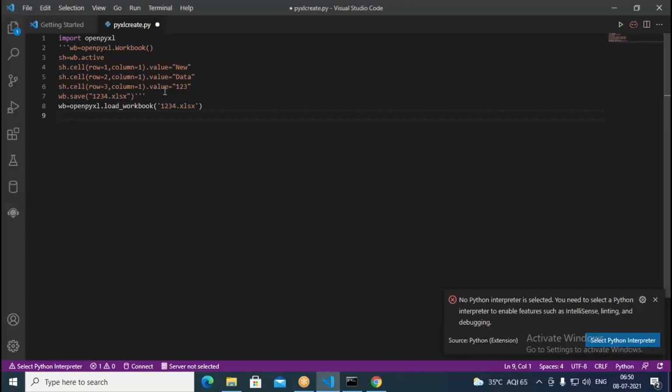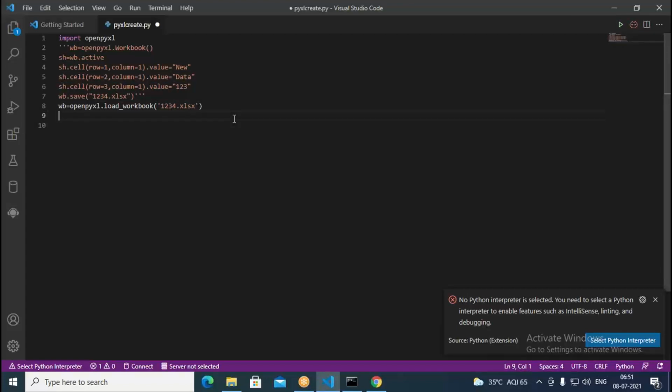See, for multi-line comments, what I'm doing is three single quotes in the beginning and in the ending, three single quotes. We have to use them. In the beginning you put this, and in the ending you need to put three quotes. Three single quotes is nothing but a multi-line comment. Okay, now we are opening this.